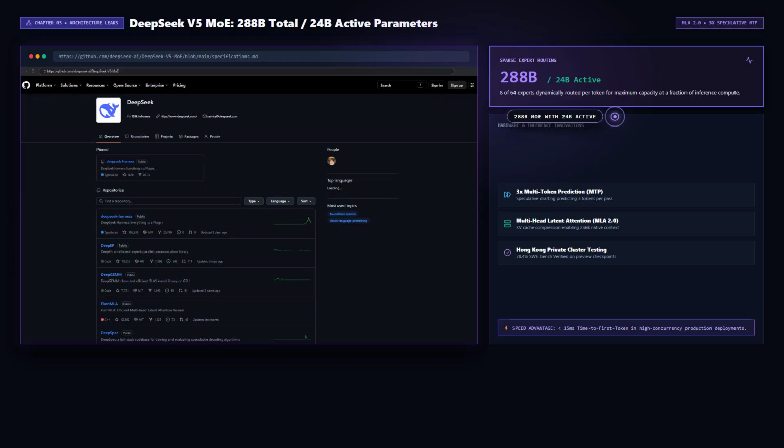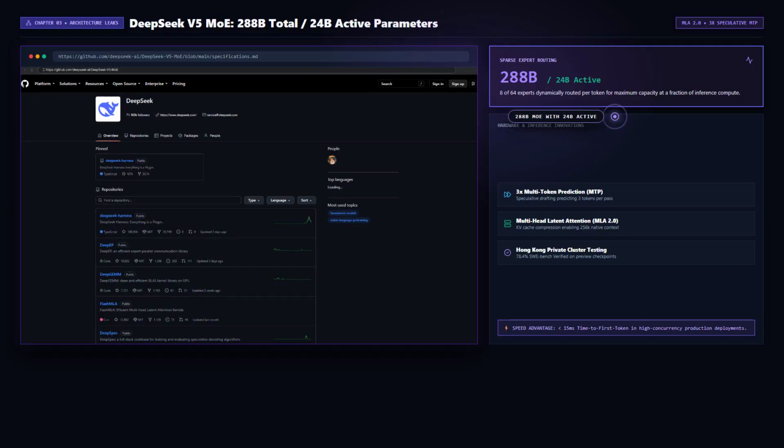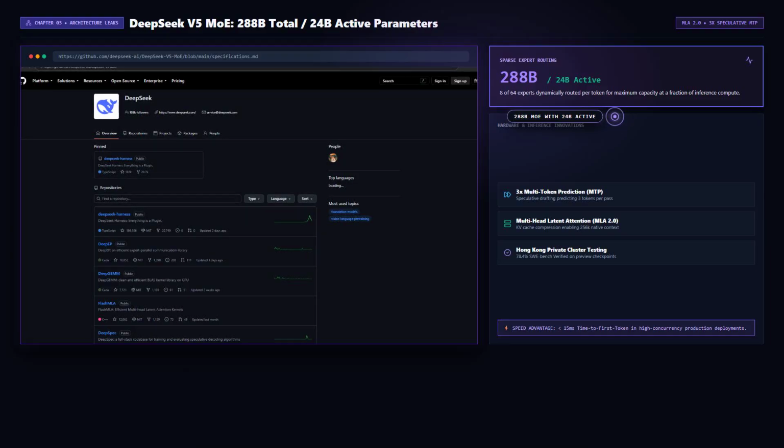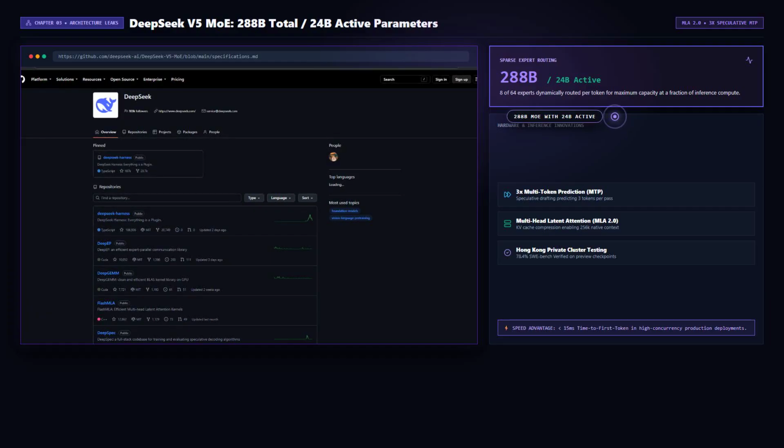This MoE design is paired with multi-head latent attention 2.0, which dramatically compresses the key value cache memory footprint during long context inference. In addition, DeepSeek has implemented multi-token prediction with 3x speculative draft heads directly inside the inference engine. On private test clusters,